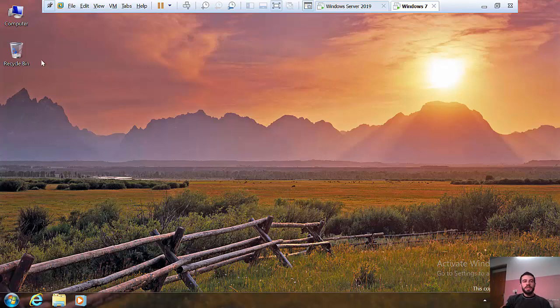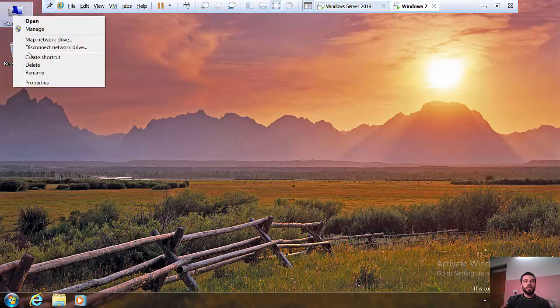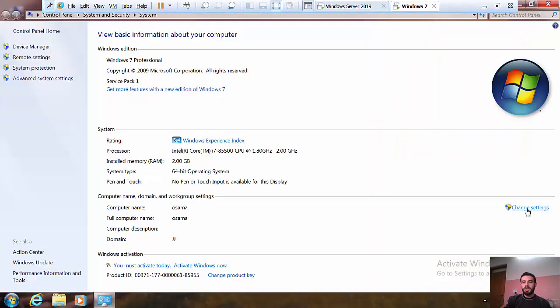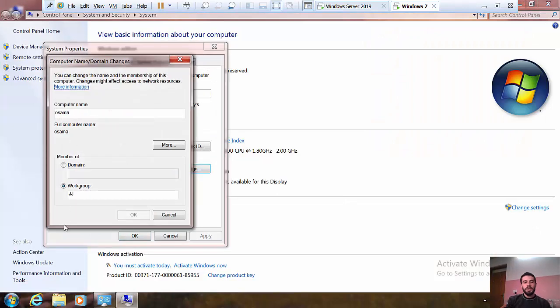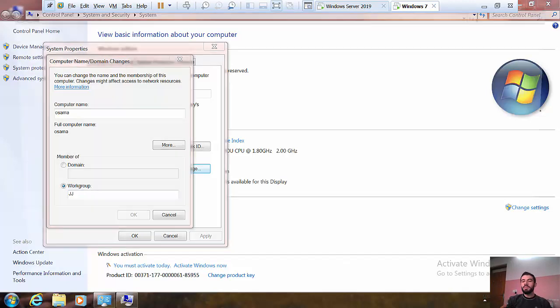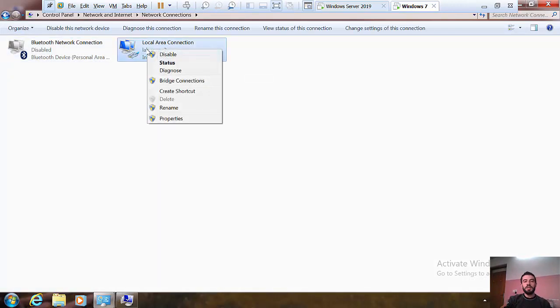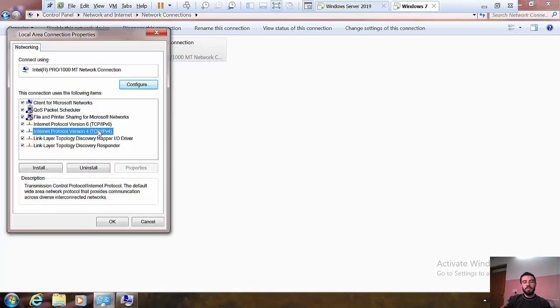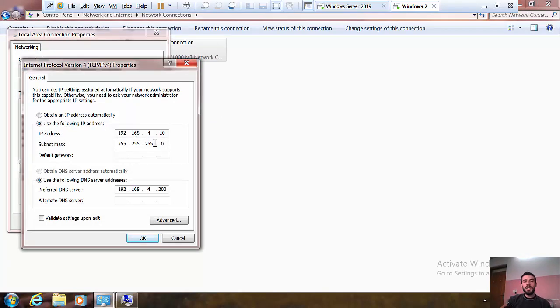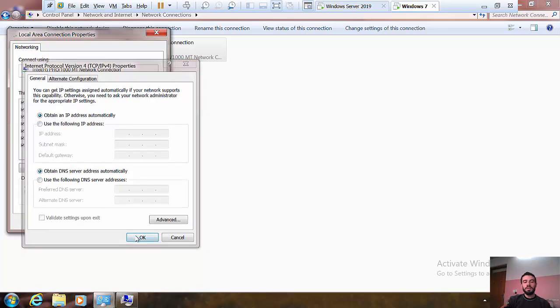Now the first thing, you should check whether the computer is joined to the domain controller or not. Change settings, change again. Now the computer is not joined. Then I want to add the IP address dynamically from the server, not manually. Just go to change adapter settings, right click, properties, same thing, IP4. Now here we have a static IP address. Now I want to obtain the IP address from the server and obtain the DNS from the server, and OK